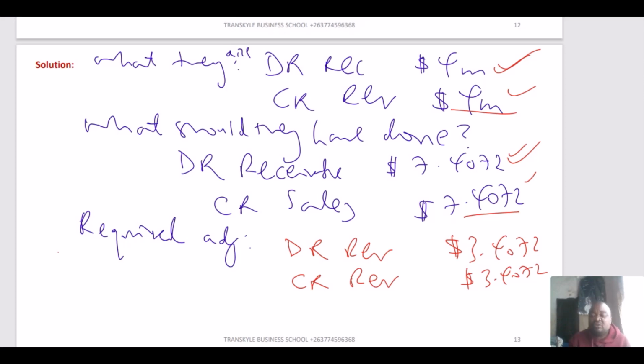Even if the amount was going to be paid after 10 years, the revenue has to be recorded in the year in which it was earned. Okay, so that was that. And then what about the financing element? The financing cost, we need to worry about the financing cost. And the financing cost, double entry,